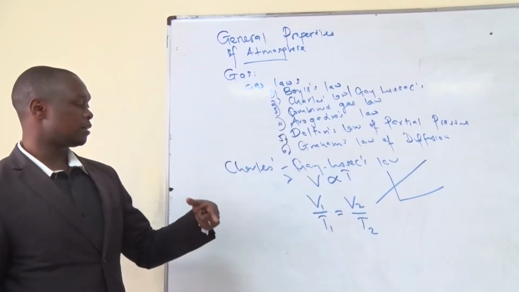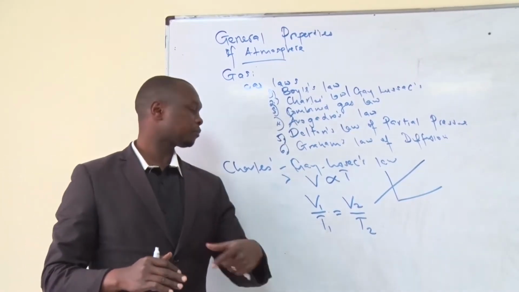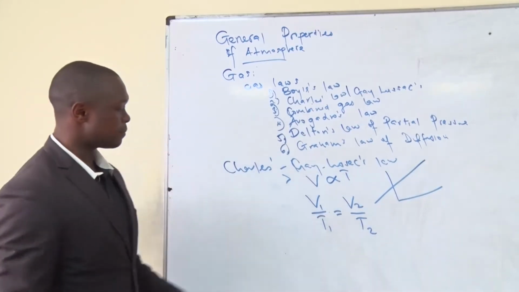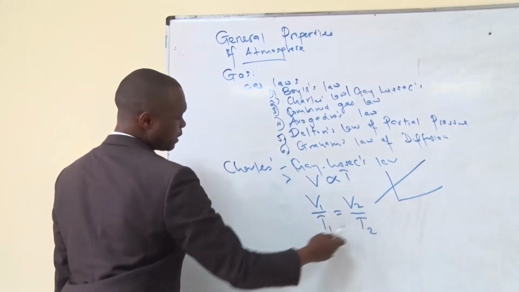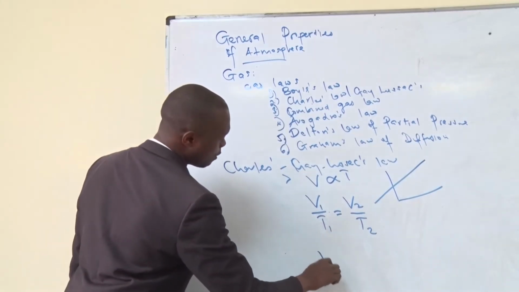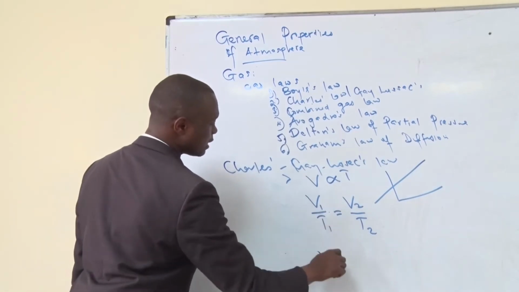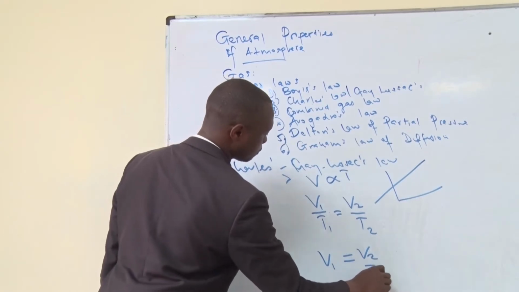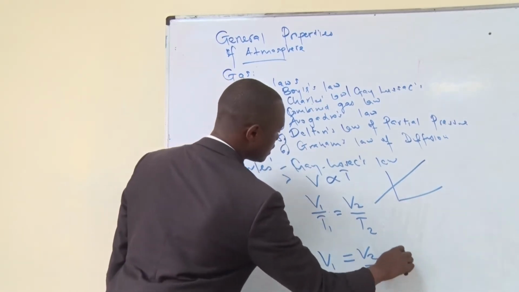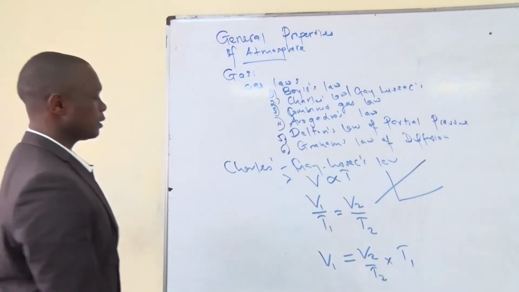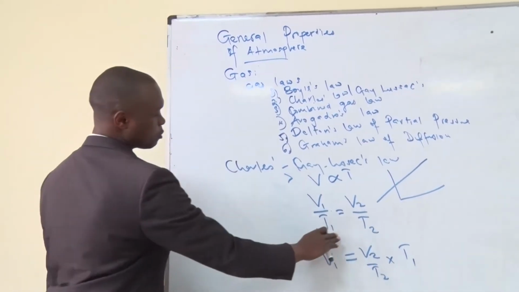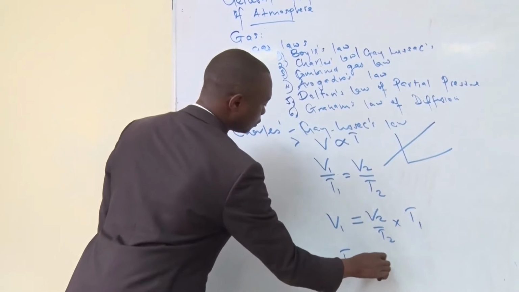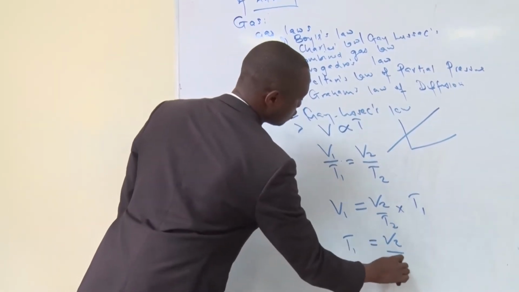That is when we are trying to describe or look at two gases at the same pressure. Now, from here we can get the value of V1. So V1 is equal to V2 over T2 times T1. Again, you can also identify T1. So T1 is equal to V2 over T2